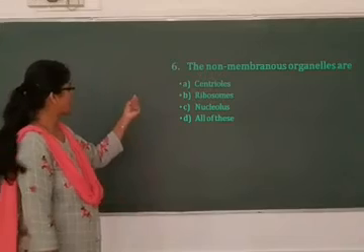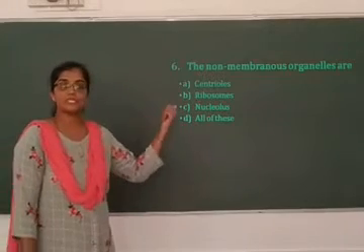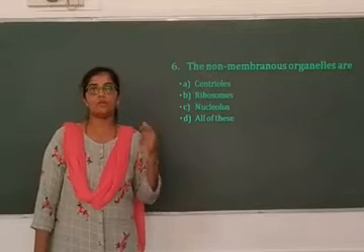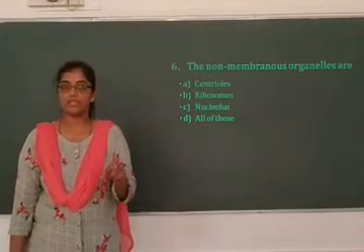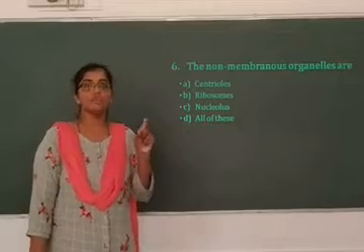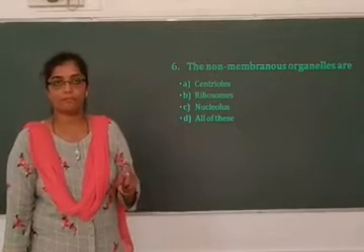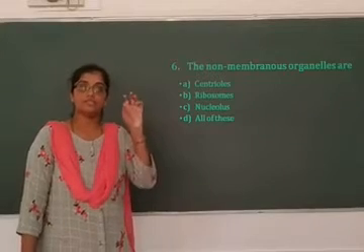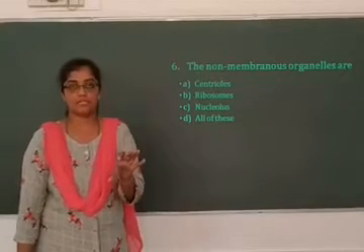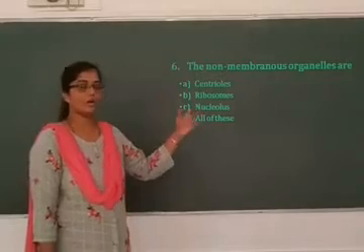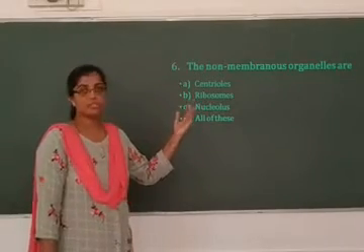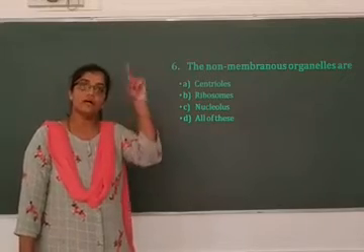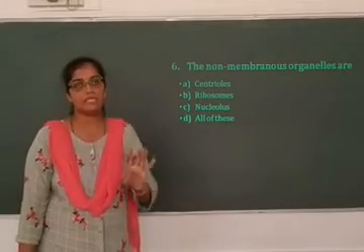The first option is centriole. In the first slide we have discussed what centrioles are. These are the structures that are involved in the formation of cilia and flagella. They are basically composed of tubulin protein. 9 plus 0 arrangement, I told you. 9 tubulin triplets are present to form a structure called centriole. So obviously there is no membrane, and these centrioles are surrounded by amorphous pericentriolar material, I told you.